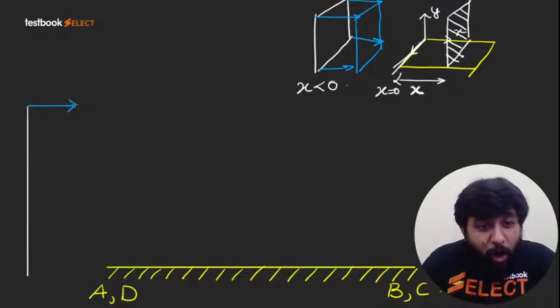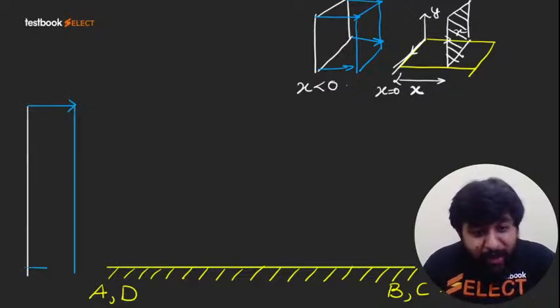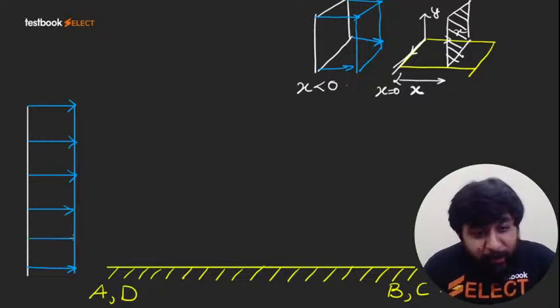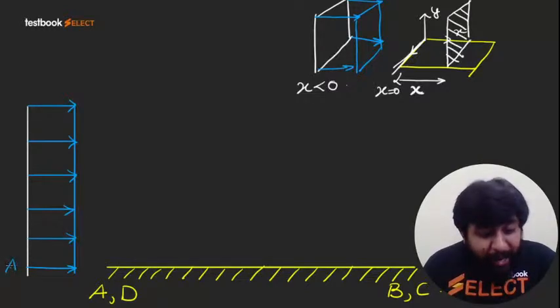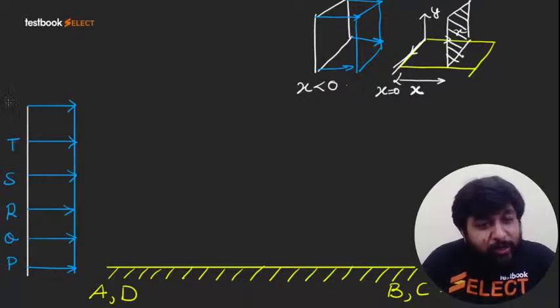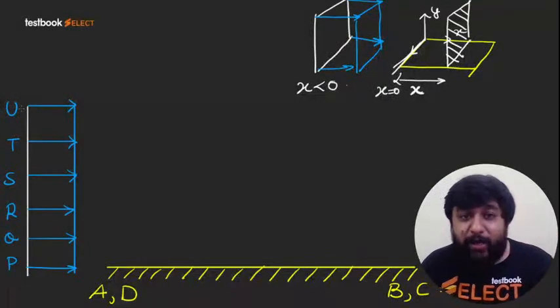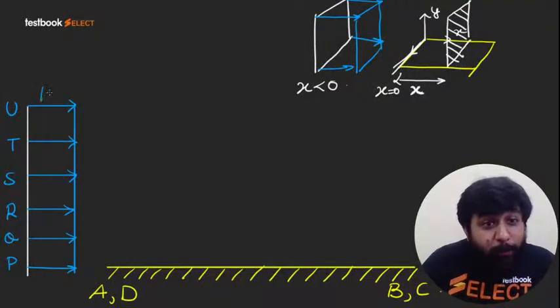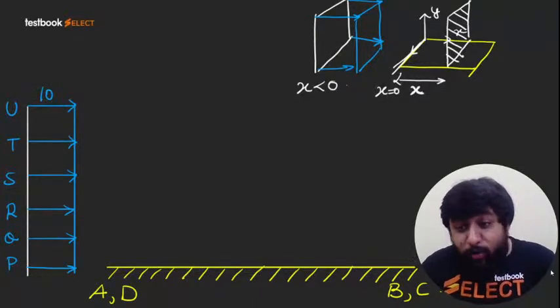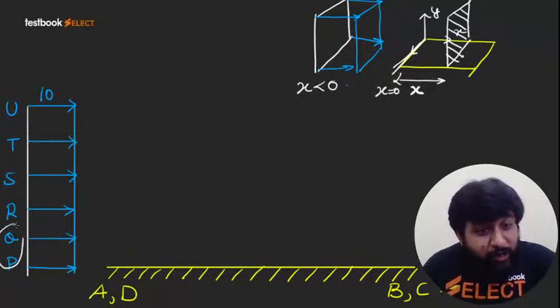So all these particles are moving with the same velocity. How much is the velocity? The velocity is 10 meter per second. Let us call the bottommost particle P, the second particle Q, the third particle R, then S, T, U. Okay, let us give these names to the particles. So right now all particles are moving with the speed of 10 units. So if all the particles are moving with the speed of 10 units, how much is the relative motion between